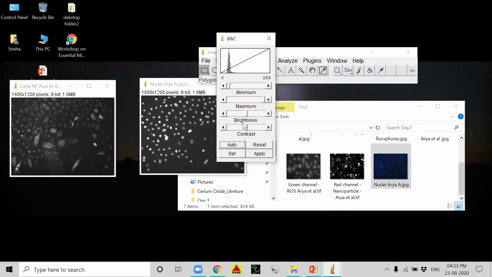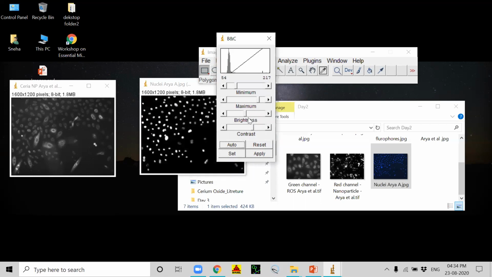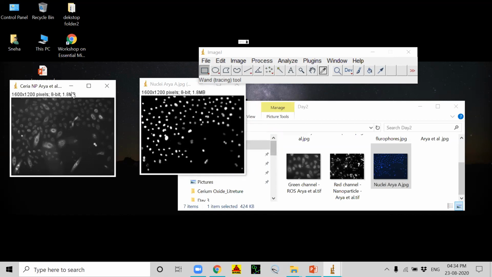So we have to do it that way, so only the background becomes dark and the intensity of the cell is not affected. So I am doing it for the nuclei, and I'm increasing the contrast and the brightness. Okay, now I'm doing the same